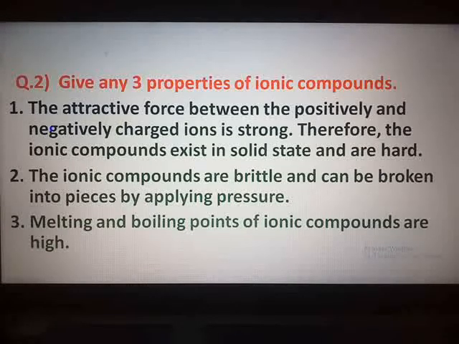In our next session, I will be discussing the activities for this chapter, and we will start with the last chapter to end our syllabus, that is chapter number 9, carbon compounds. Though lengthy, it is the base of organic chemistry ahead, so you have to prepare it. The important points I will pick up from that chapter, and as far as possible I will try to make the chapter easy and interesting for you.